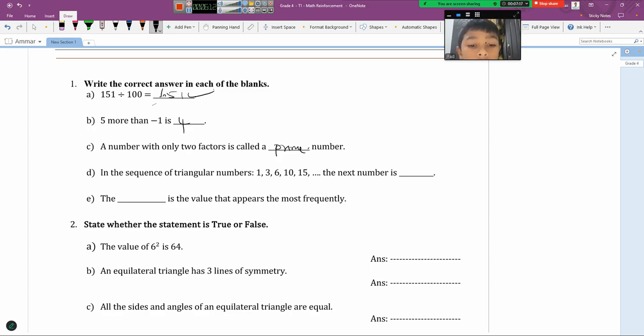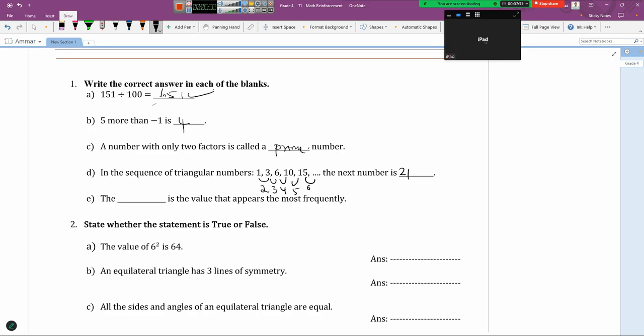21, sir. So here the difference is 2, here 3, here 4, here 5. The next difference should be 6. So if you add 6 to 15, it should be 21. And E,